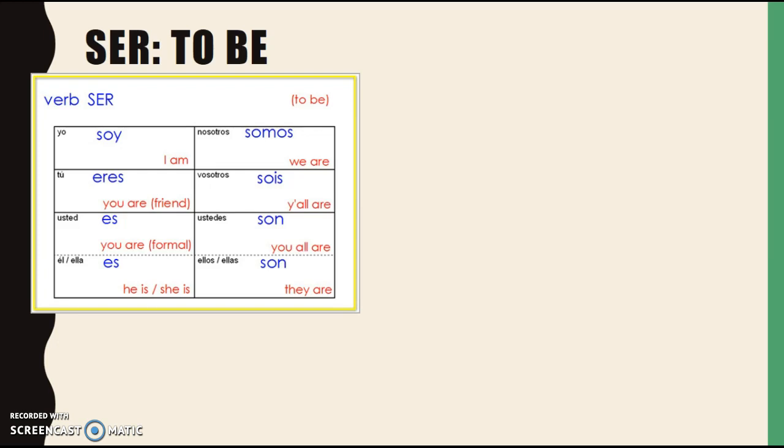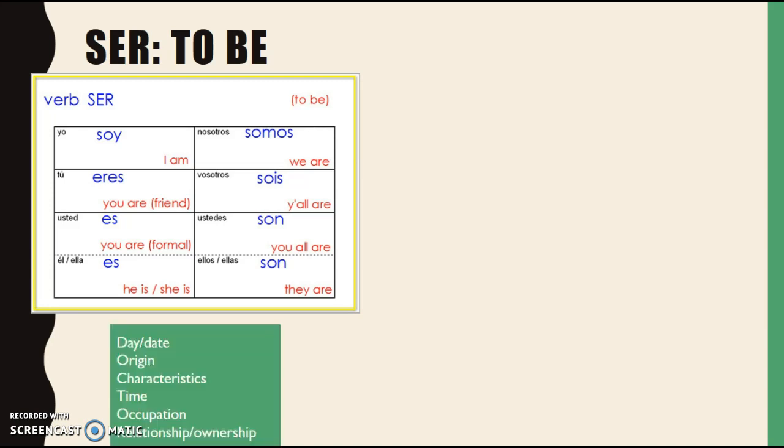And we have been working with this verb probably the longest. It was our very first verb that we learned. So hopefully you've got this one down, but it is a tricky one because it is irregular. So you can see there that some start with S, some start with E. You got to have this one memorized, okay? And we talked about the difference between this and estar. So these are the uses for ser: day and date, origin, characteristics, time, occupation, relationship, and ownership. So on this particular quiz, you don't have to worry about estar, but you will have ir and tener. So if you know your uses here, that will help you a little bit trying to figure out when to